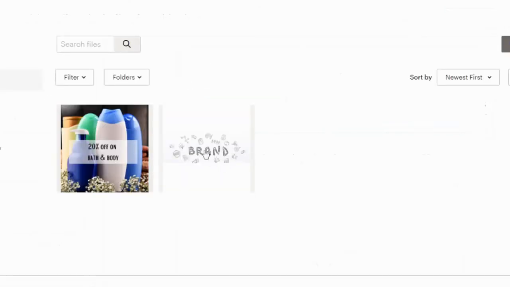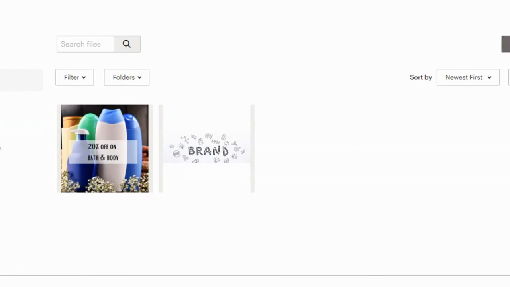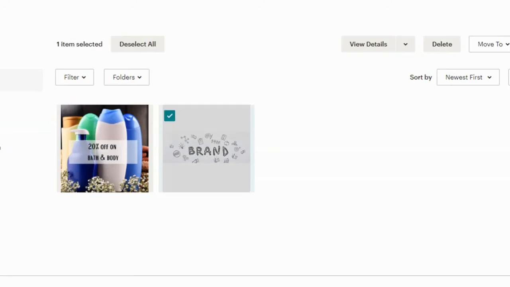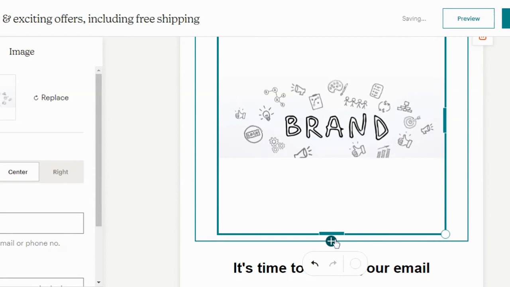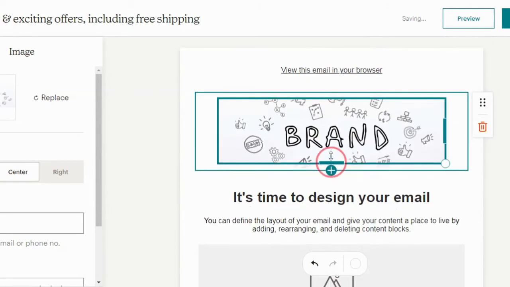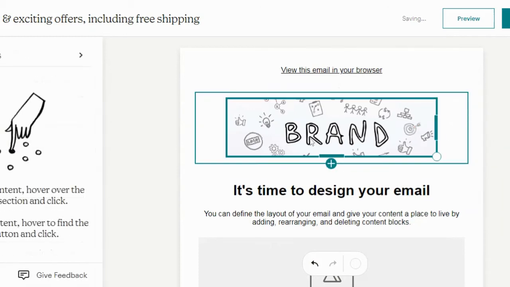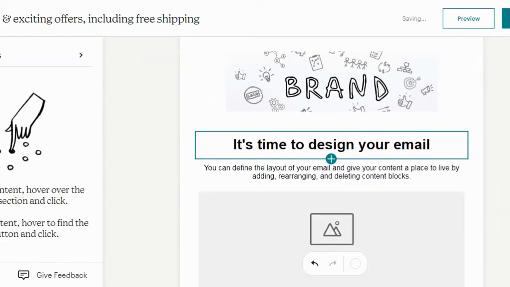So I'm going to say replace, and I'm going to add my logo, which happens to be here already. Otherwise you can upload it. If I deselect this, you see an upload button here. You can upload photos from your system. So here we go. Let us insert this. Now since this is too big, let us resize it as per our needs. You can make it bigger and smaller. Okay, we're good to go. It's centrally aligned. It's of the correct size.